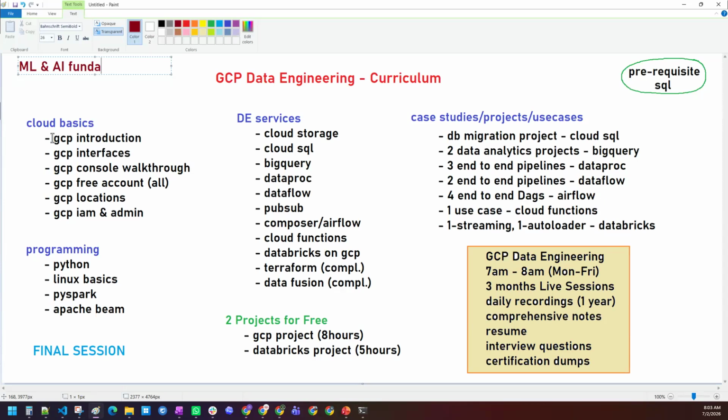Big data and data engineering professionals are highly paid professionals. They have been highly in demand for the last 15 to 20 years, and it will be the same demand for the next 15 to 20 years also. But to stay in the market, you want to enhance your skills also. We are adding some more fundamentals so that you will understand ML and AI fundamentals in GCP. So that's something I'm adding within this course. Okay. This is an added advantage for you in this particular course.